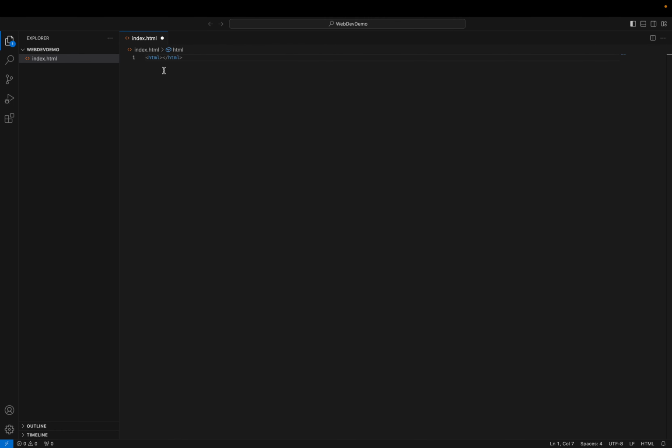You'll use these tags to enclose the content of your web page, and this will tell the program how to display that content. Now you can see here, when I typed in HTML in brackets, the program automatically added this other one behind it. And you can see this one has a slash right there. This is the closing tag. So I've got an open tag here with no slash and a closing tag with the slash. Now that's just saying all the content I put between these two tags is going to be inside the HTML